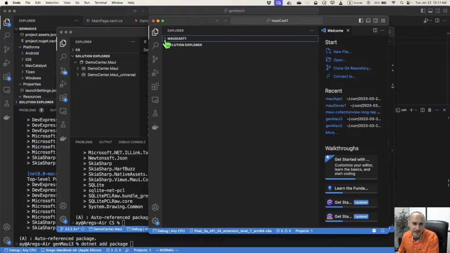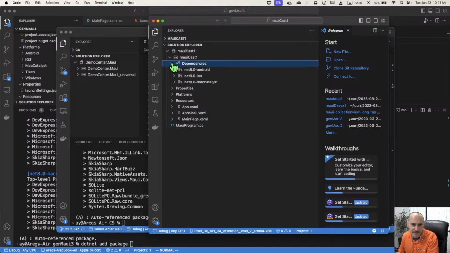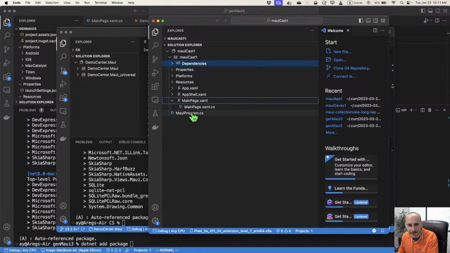But if I collapse this and I expand this thing called the Solution Explorer, this is what the MAUI extension gives me. So actually, I have an idea of my project file, and I even get an organized set of dependencies. This file is being parsed and generating this tree here for me. And also, like I said, I get the code behind files organized under the XAML definitions, which I think is great. So I highly recommend you have the MAUI extension and you try to use the Solution Explorer